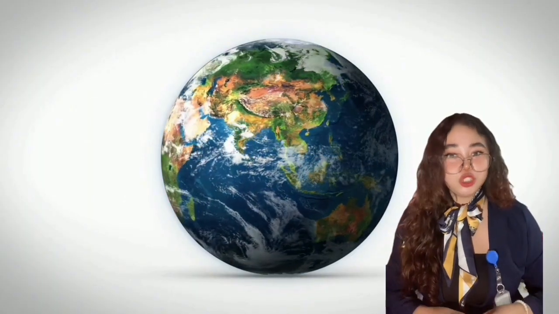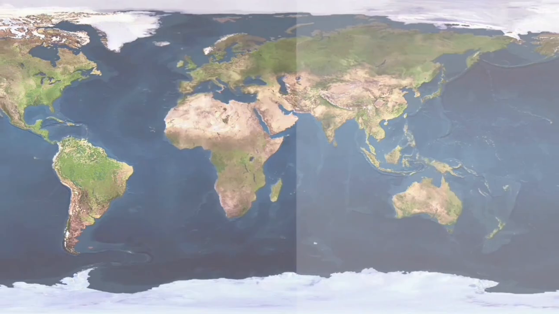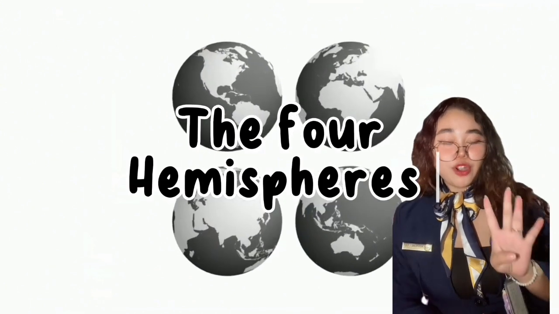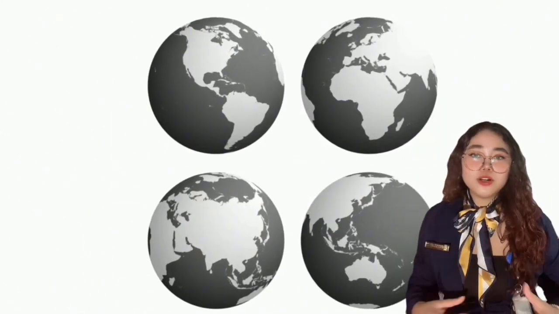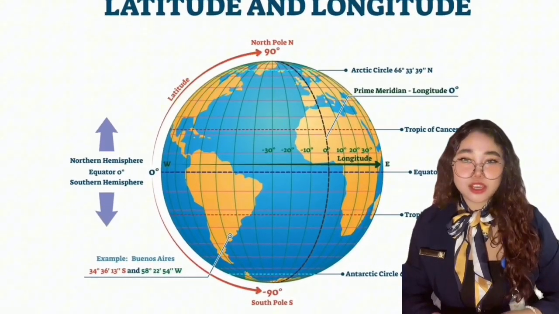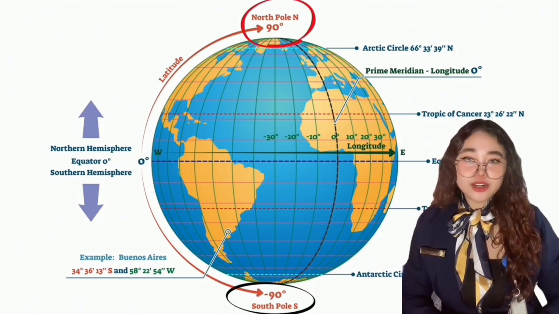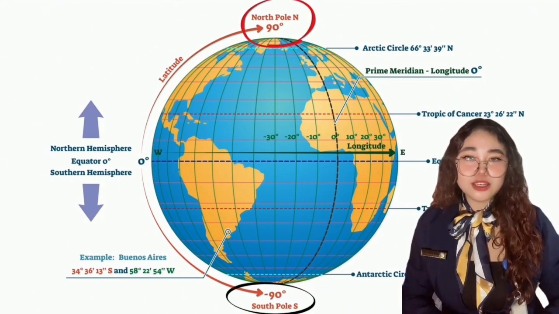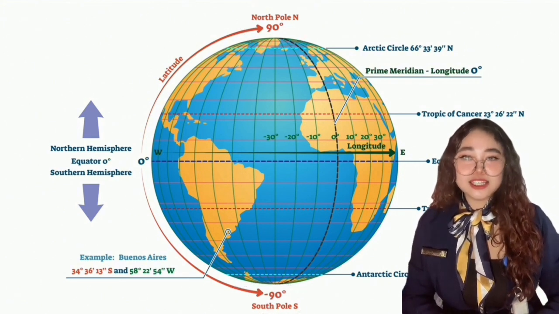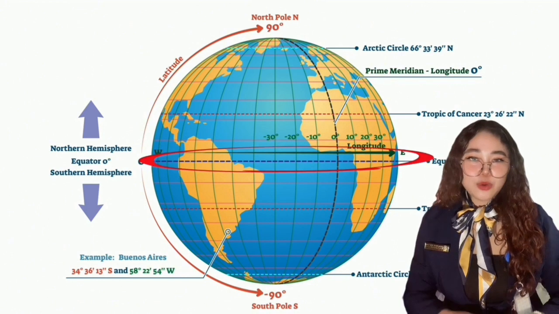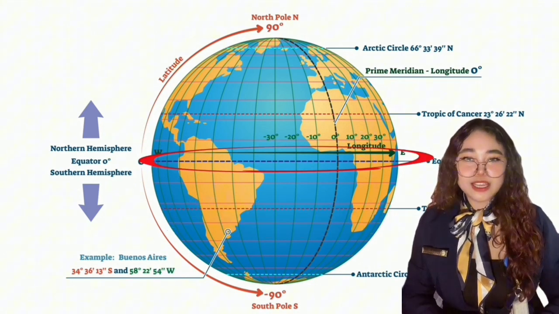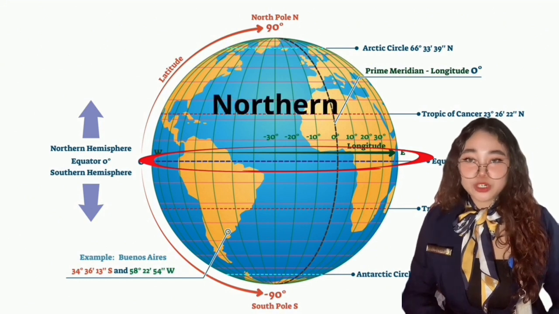The world is a very large place. In order to find certain places on a map or a globe, the world is divided into smaller sections to help locate these places. So now, let's talk about the four hemispheres of the Earth. The world can be divided in half in different ways. First, you can divide the world into northern and southern halves. The imaginary line that runs all the way around the world and divides it into equal halves is called the equator. The equator is found at 0 degrees latitude, and any place above the equator is in the northern hemisphere.